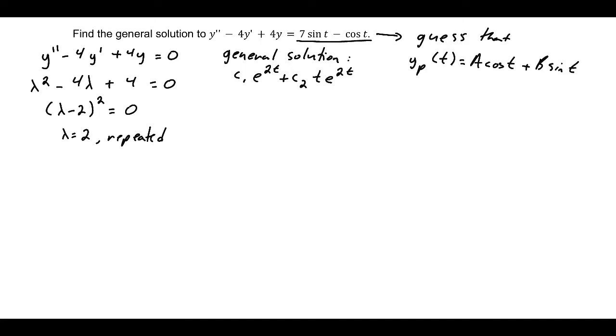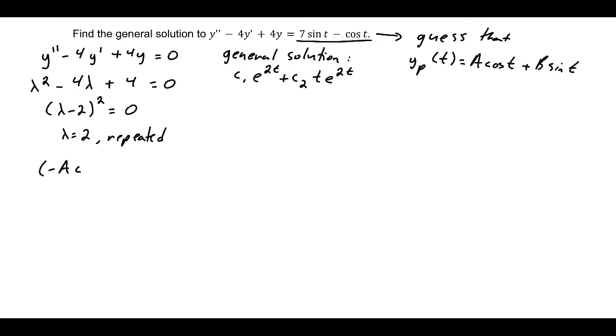Now we're going to take this guess of a solution and evaluate it in for y into the equation we have, and ultimately we'll be able to determine what the specific a and b values are, those parameters. Alright, so the second derivative of this function minus 4 times the first derivative of that function plus 4 times that function equals 7 sine t minus cosine t. So this is going to be